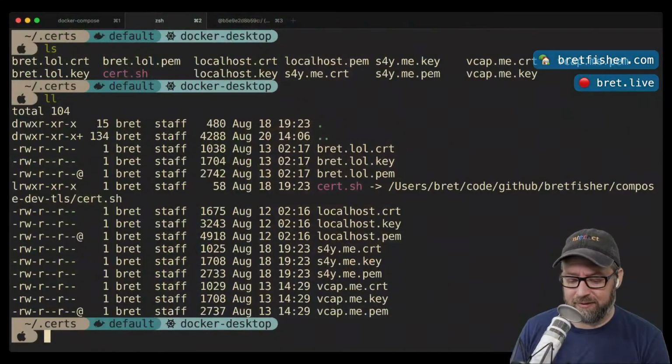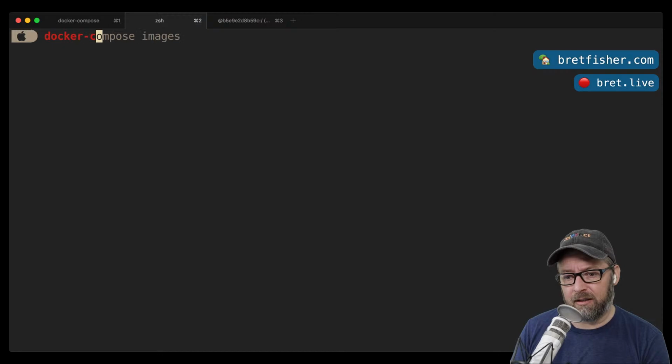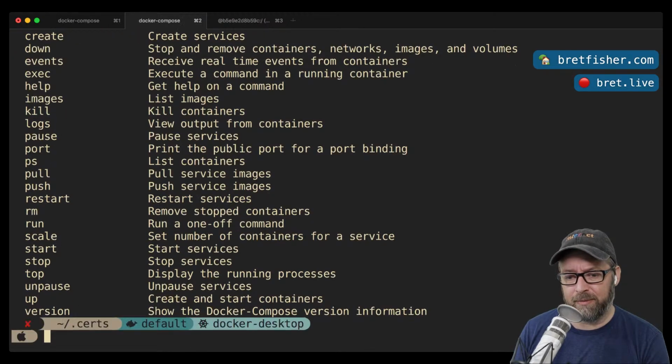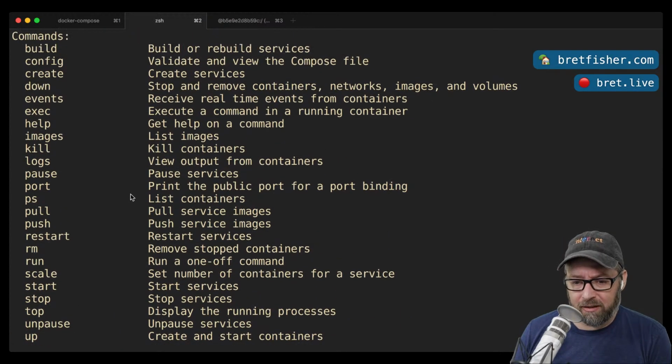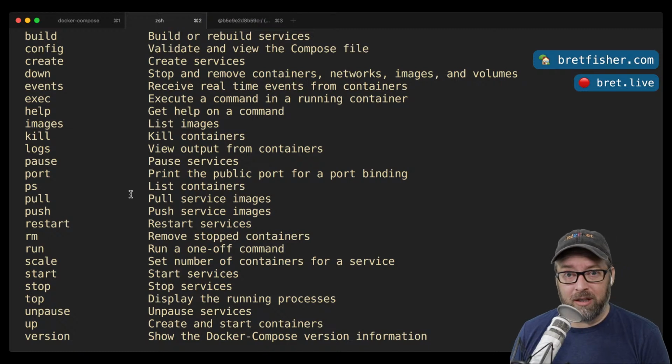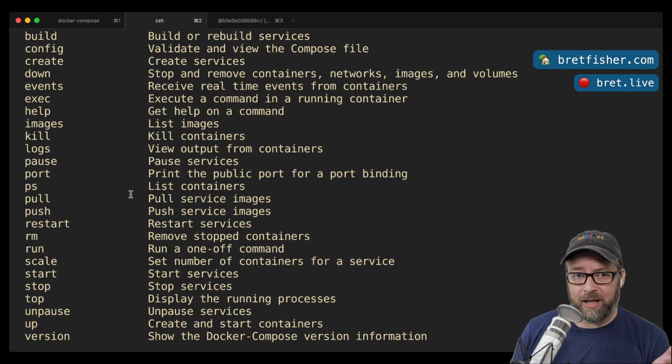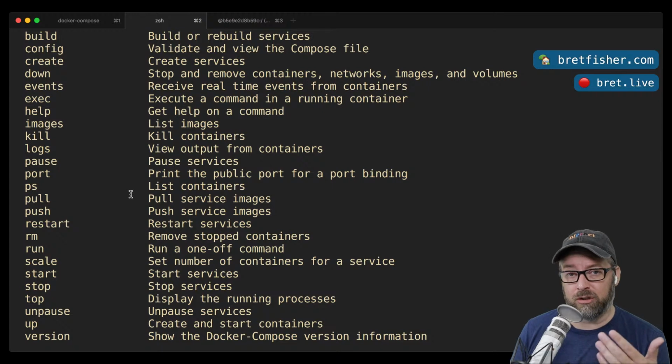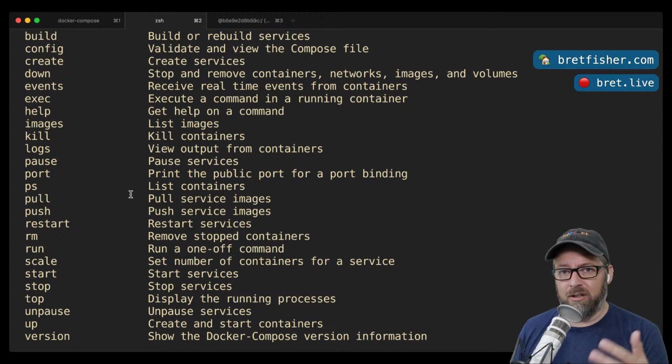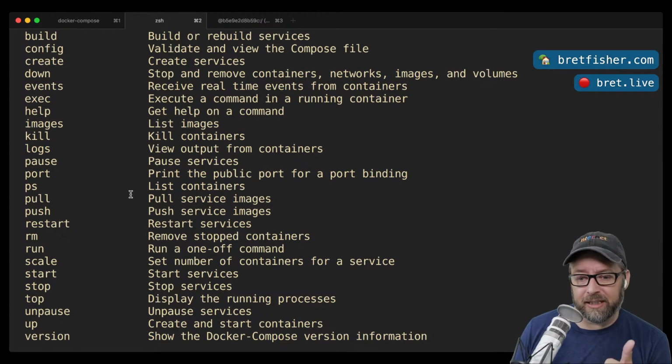But for the average developer, if they just learned Docker Compose and learned more than just Docker Compose up, but actually went through in the command line and typed docker compose and looked at all these commands, right? If you didn't realize it, every Docker command you're going to need for local development use is right here. You never need to do a Docker run or a Docker build because they're all right here, and they'll all use your compose file configuration for building.